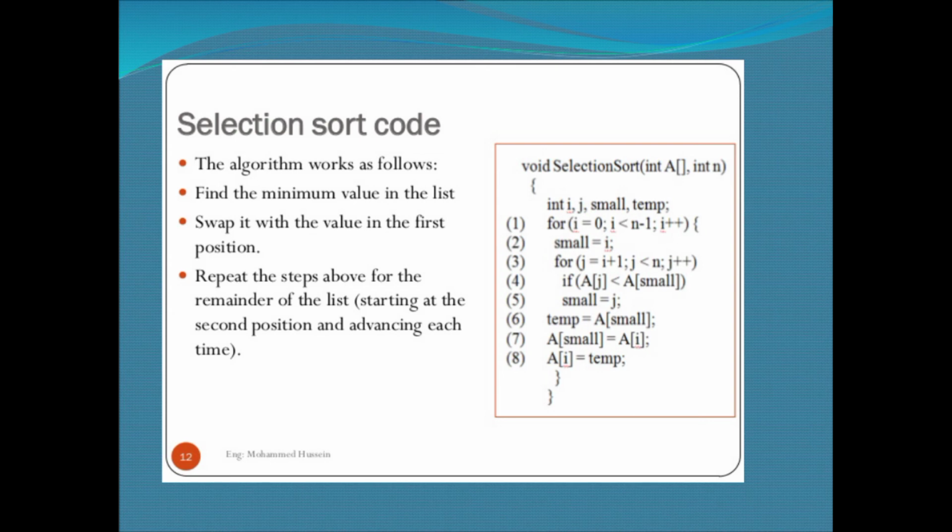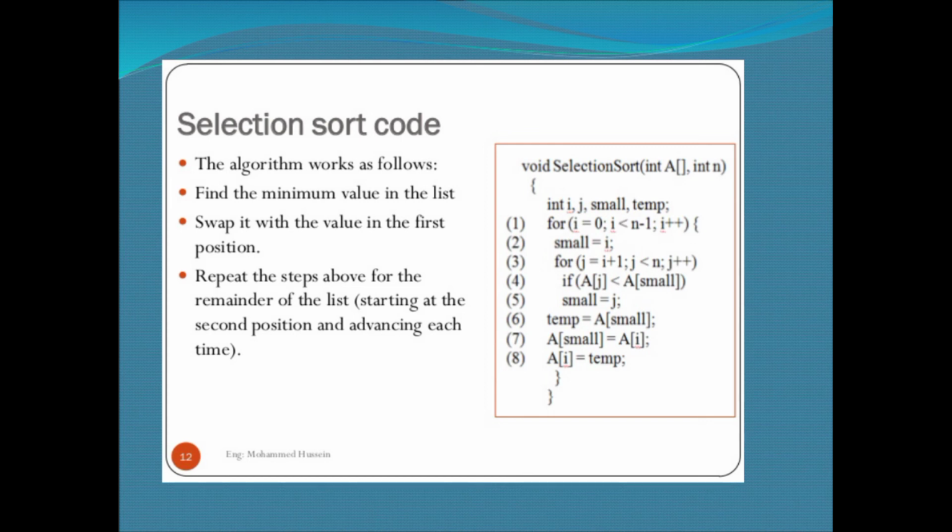Int array, that is, I have taken an array of elements, which is nothing but the unsorted array of elements. Int i, j, small and temp. These loops and these variables are used for performing the loop iteratively. Small is used for identifying the smallest element. Temp is used for swapping the elements. These loops are used to perform the process iteratively a number of times.